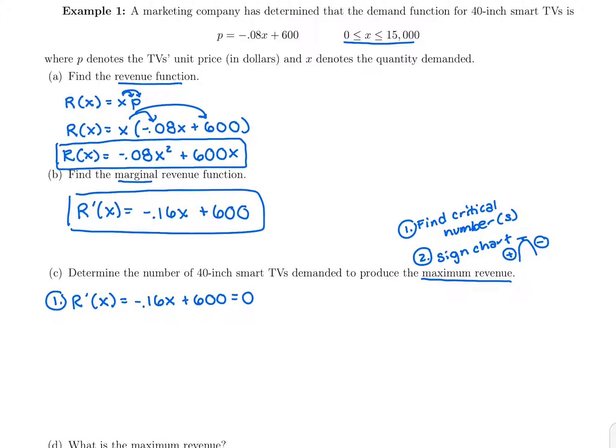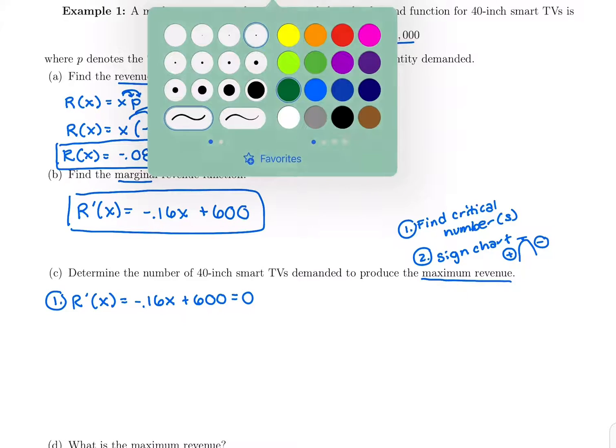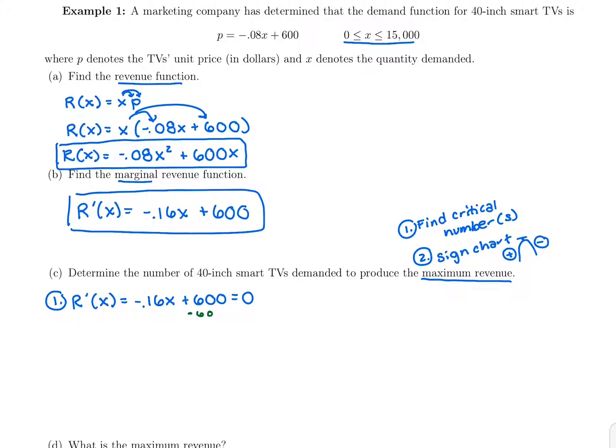So to solve a linear equation, we just want to isolate x by itself. So we are going to subtract 600 from both sides. I'm going to try to get that x term by itself. So we have negative 0.16x equals negative 600. And then we just need to divide both sides by negative 0.16. So I'd grab my calculator and do negative 600 divided by negative 0.16. And I'm getting